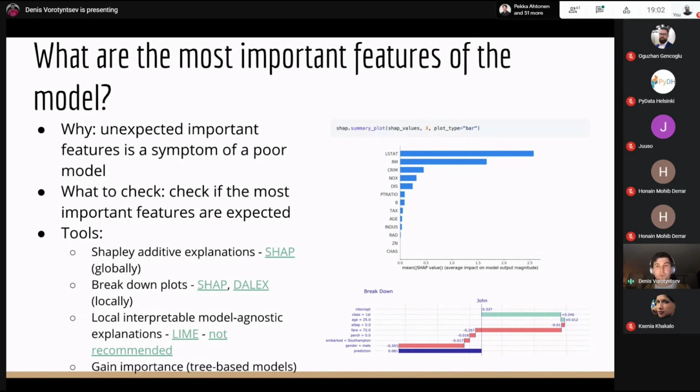The second problem of Lime is that interpretations are actually based on the choice of hyperparameters. So depending on what hyperparameters you choose in Lime, you may end up in a situation where you have contradictory interpretations, which is not a desirable property of an interpretation tool. And the third problem is that interpretation depends on the input a lot.